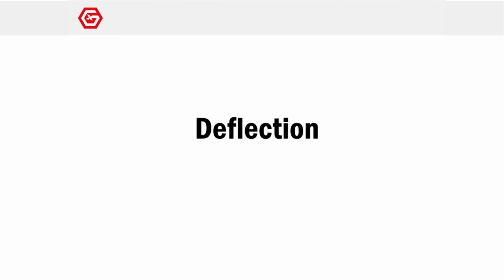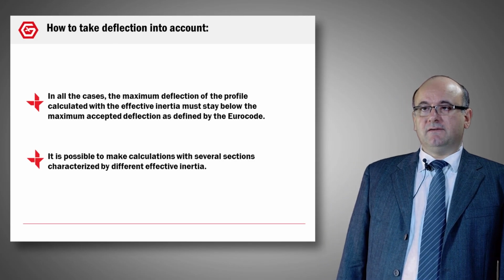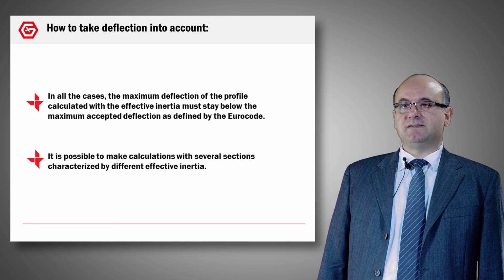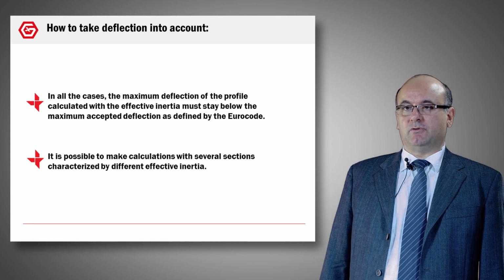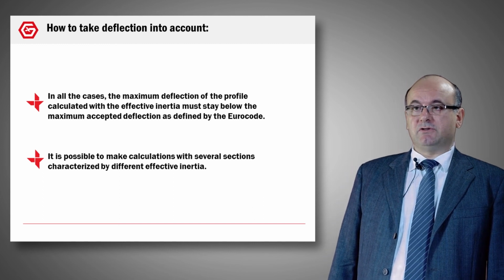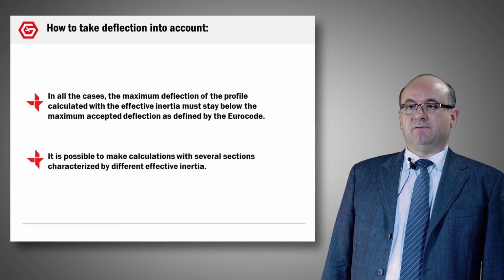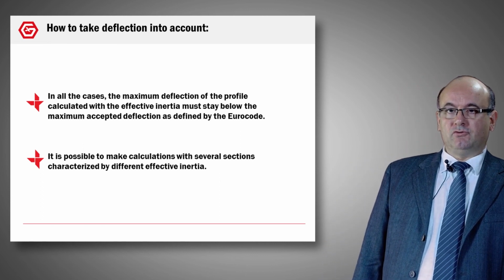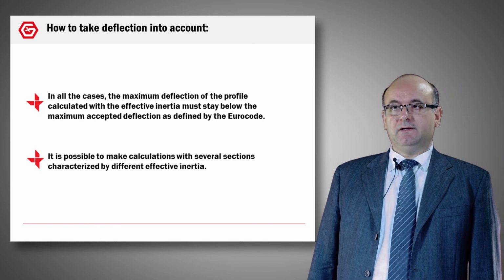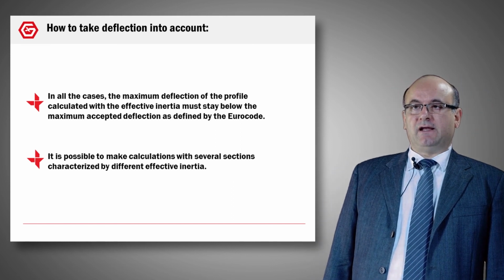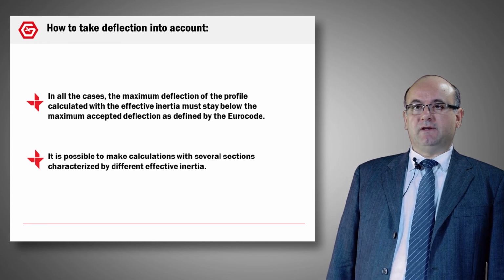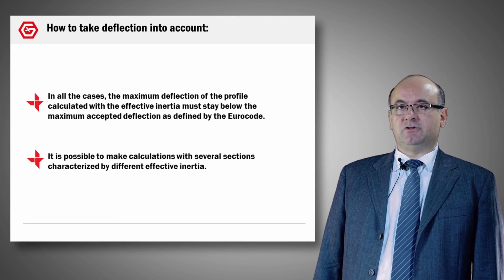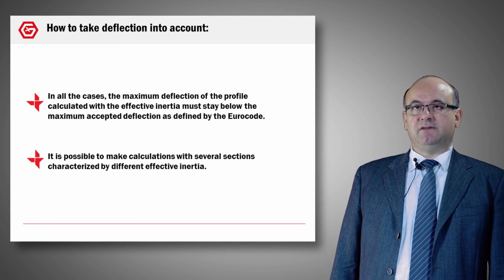Okay, now we are going to study the deflection. In all the cases, the maximum deflection of a profile calculated with effective inertia must stay below the maximum accepted deflection as defined by the Eurocode. It is possible to make a calculation with several sections characterized by different effective inertia. So, you have a profile submitted, for example, on two supports. This profile is submitted to downward loading. It takes a deflection. To calculate the deflection of this profile, we will use the I_eff of this profile. We calculate this deflection, and we verify that this deflection is inferior to the maximum deflection defined in the national